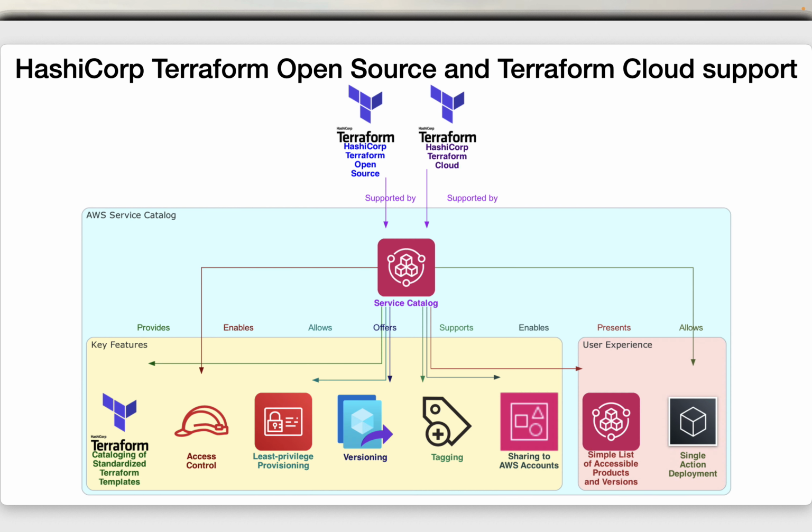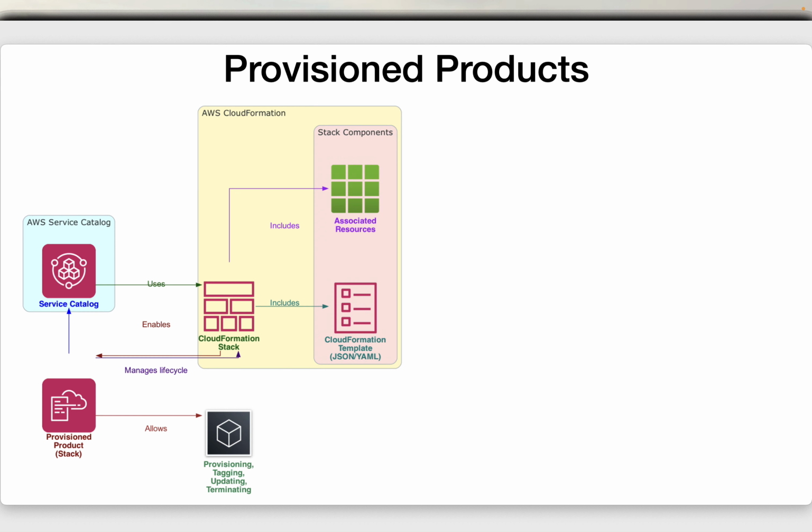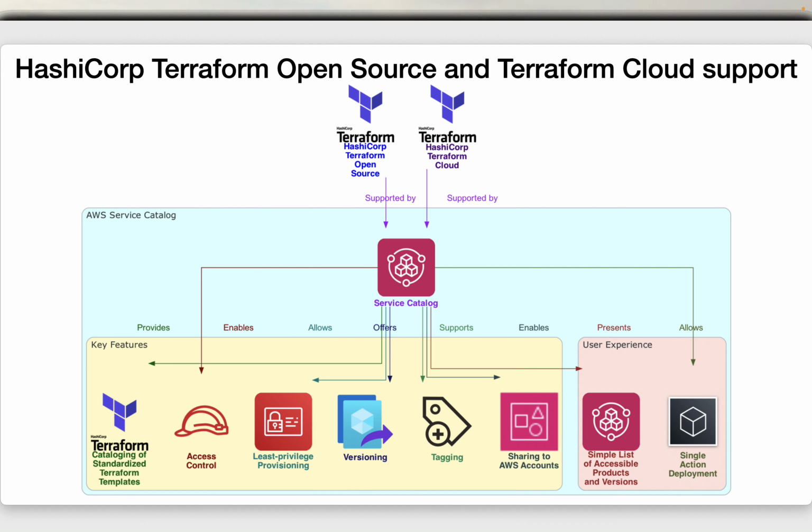So HashiCorp Terraform Open Source and Terraform Cloud support. AWS Service Catalog enables quick self-service provisioning with governance for your HashiCorp Terraform Open Source and Terraform Cloud configuration within AWS. You can use Service Catalog as a single tool to organize, govern, and distribute your Terraform configuration at scale